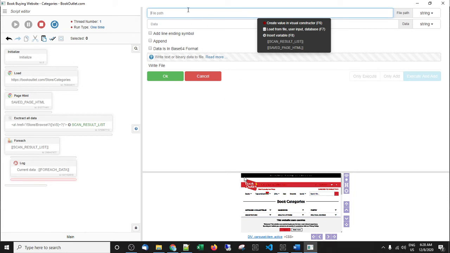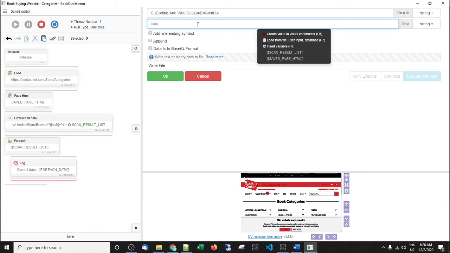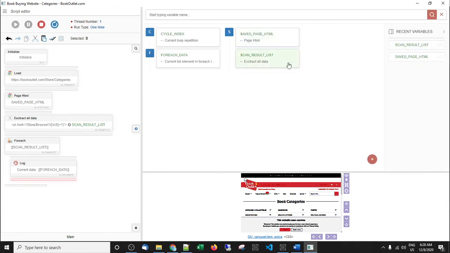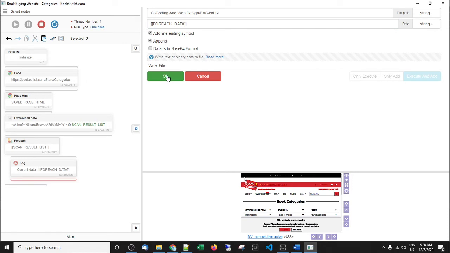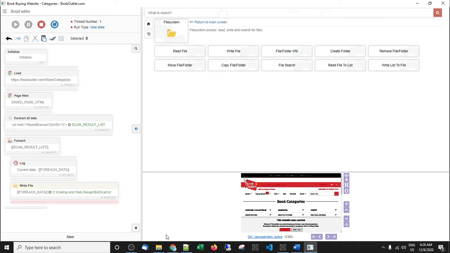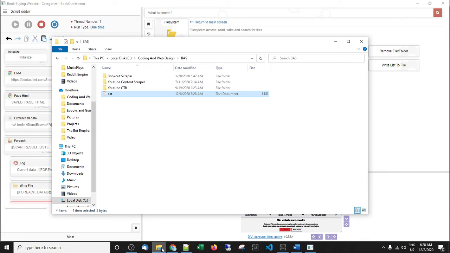The path, same as what we were going to do before, and then call it cat.text. And the data is now the for each data, and then we want to append it to the end. So let me just make sure,